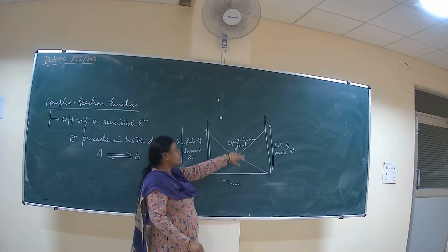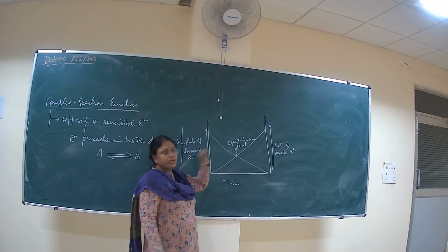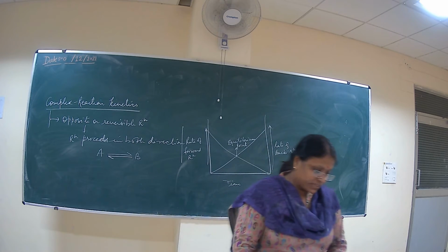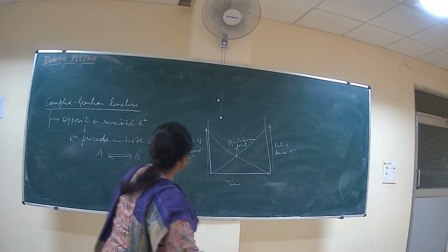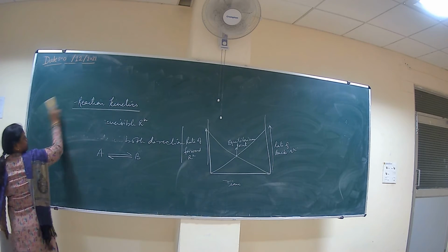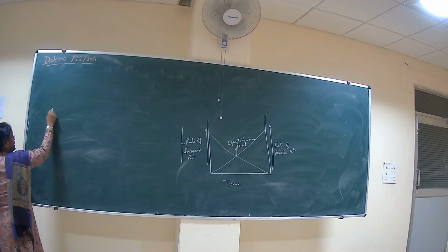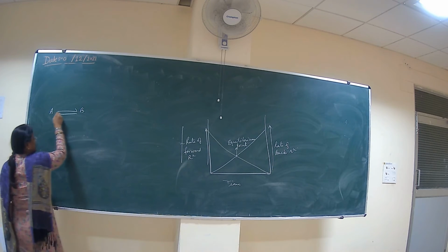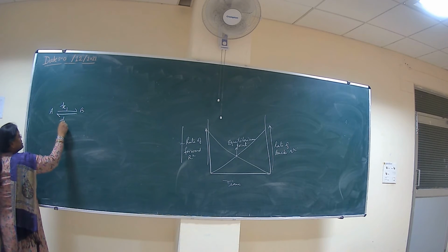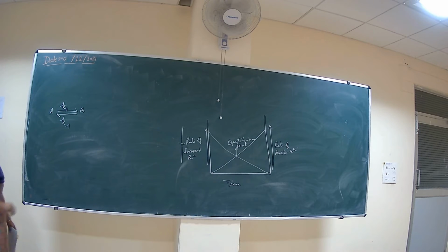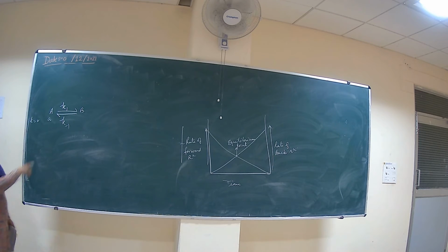Now here at the equilibrium point, the net change in the rate of reaction becomes 0. So when we derive the kinetics for such a reversible reaction, that is, A is converted to B and B is converted to A. Suppose K1 is the rate of the forward reaction and K minus 1 is the rate of the backward reaction. So at time T equal to 0, the initial concentration of A is A and B का